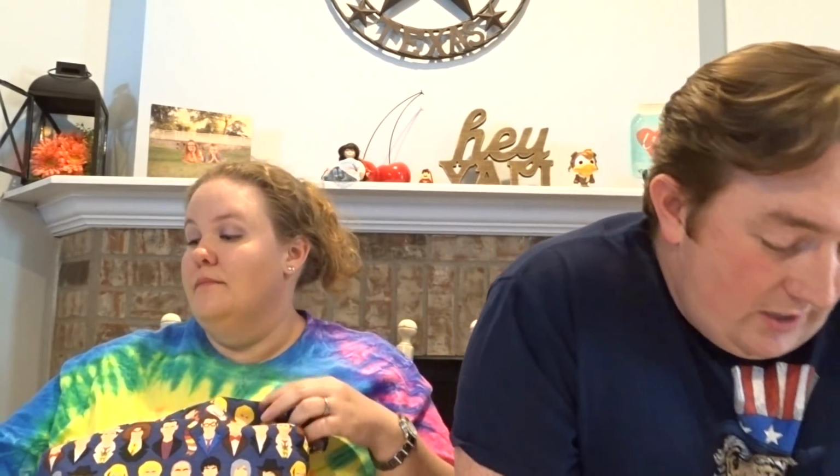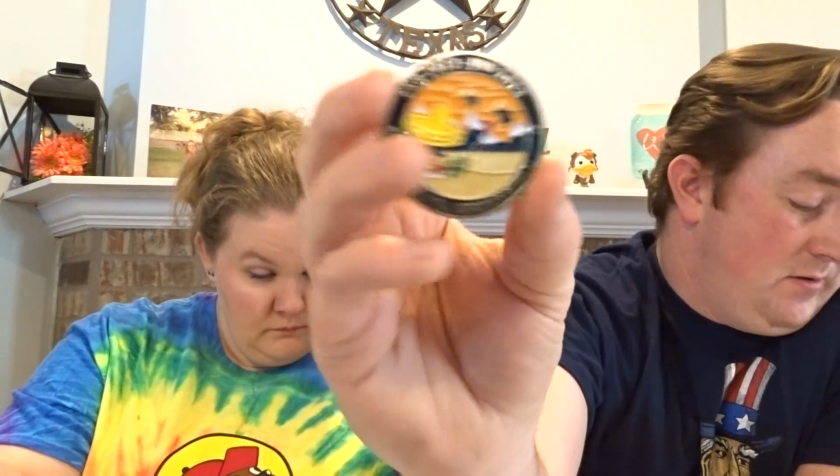Okay. So what I have this episode, they are coins, but you can't buy anything with them, because they are what's known as challenge coins. And this one, as it says, I got this when I was in Bagram, Afghanistan, February 2013 to June 2013, with the Combat Search and Rescue Unit that I was attached to in Okinawa. So I have this one, and the